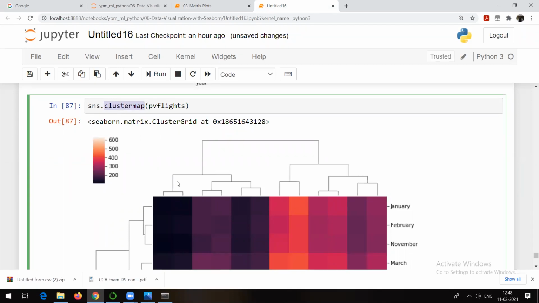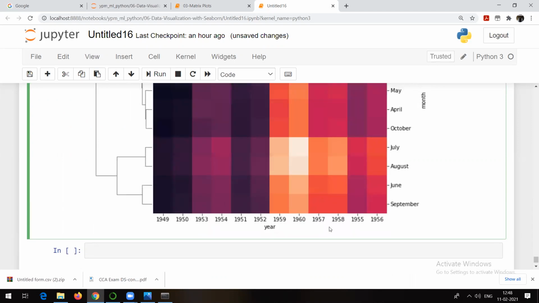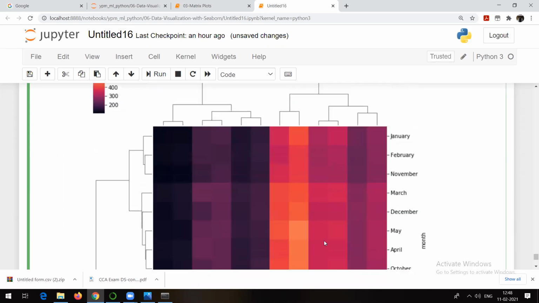So this is showing us the groups or similar kind of data depending on some values. For example, you already noticed that in the year 1960 and 1959, more or less the same number of passengers traveled in both the years. That's why you will see that those 2 years are in one cluster. See, this is nothing but 1959 and 1960. You can actually check it.